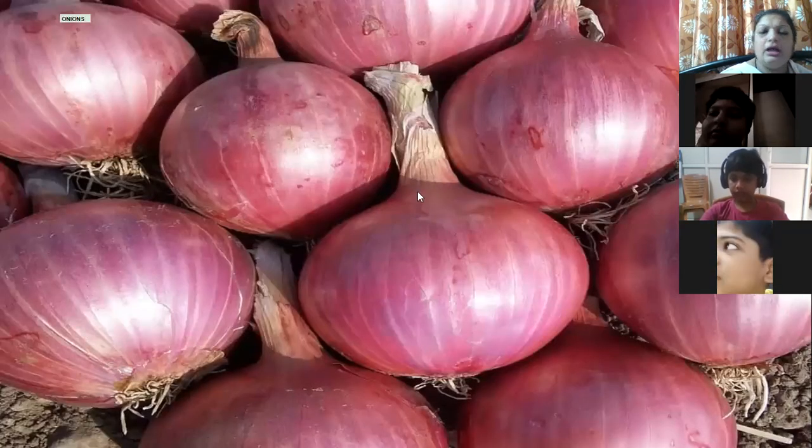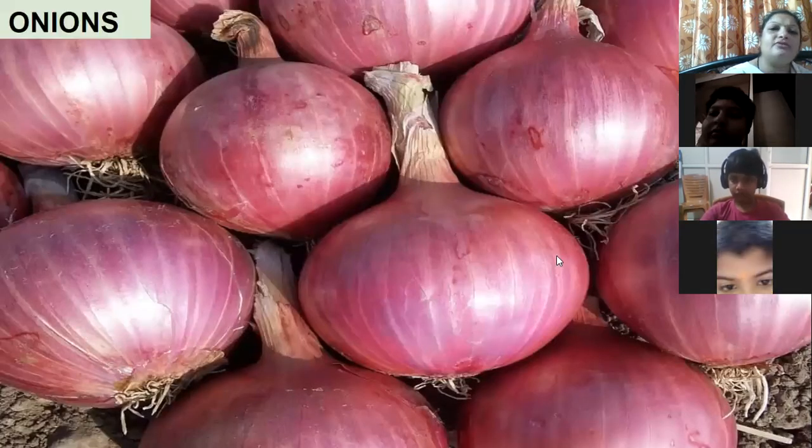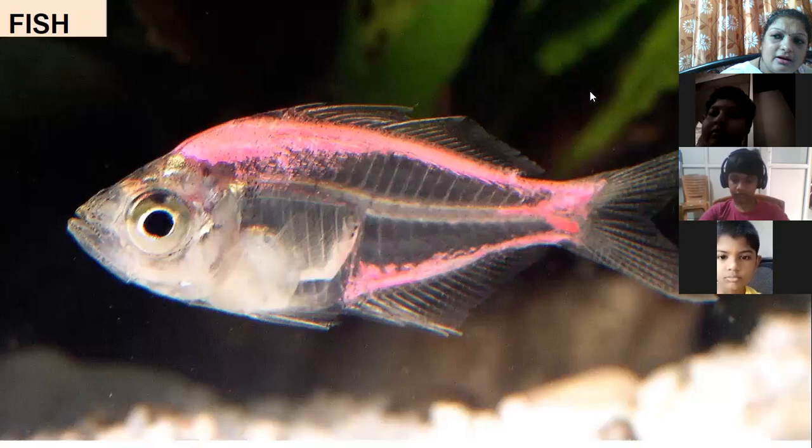Onions. Now see, you also preserve onions for the entire year. Personally, even I preserve onions for the entire year. I don't go and purchase every month. I take a stock and keep it. But for that, you need to take care of it. You should keep onions or potatoes or any other things in open, dry air.